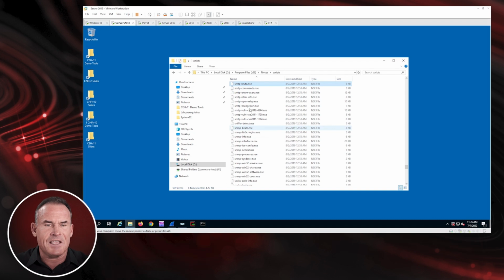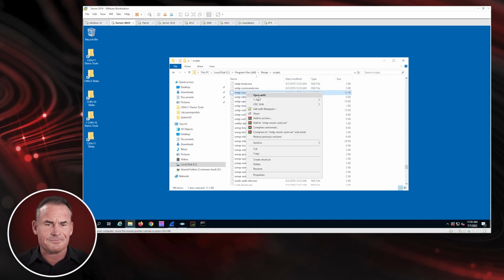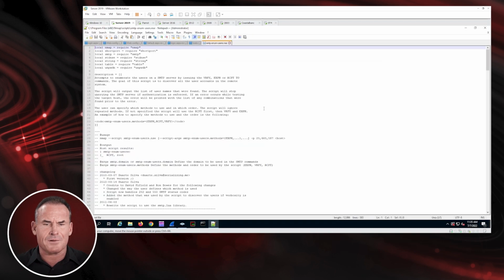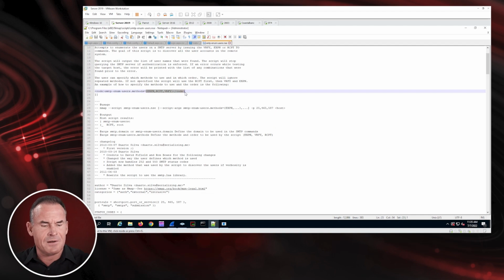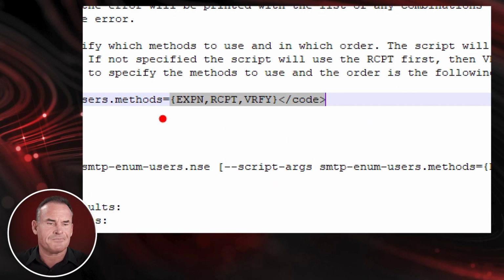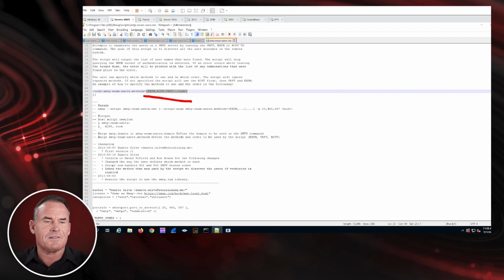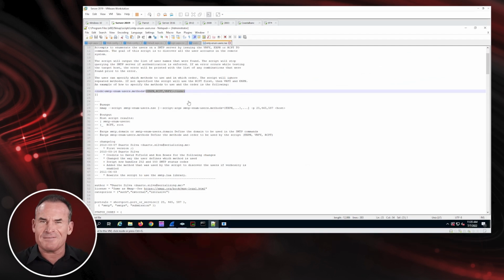If I go to the SMTP section, there's an SMTP enum users. If I edit that with Notepad++, right off the bat, it shows me it's using the EXPN, RCPT, and VRFY commands. So this is just automatically establishing a command line dialog and executing EXPN, RCPT, and VRFY. Now, we don't really have anything set up in the lab for that, but I can show you an emulation